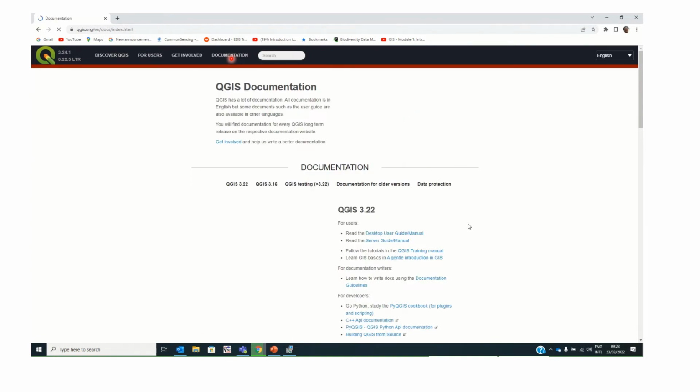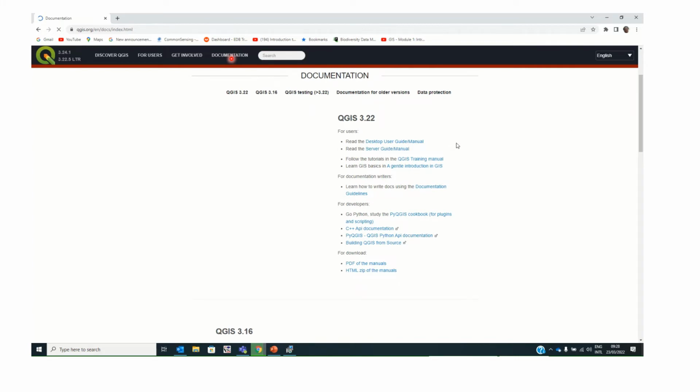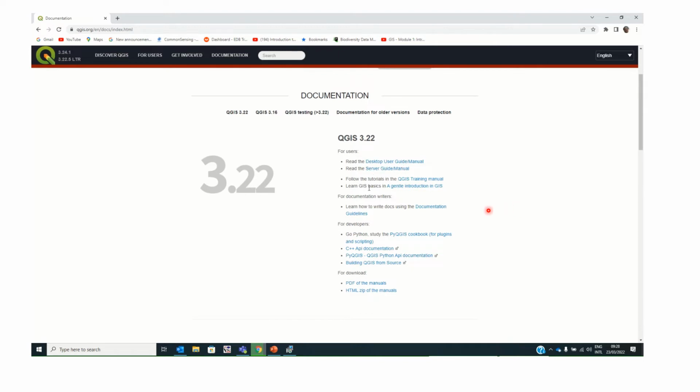It talks about the software, desktop user guide and manual, the server user guide and manual, QGIS training manual, introduction in GIS. So those are some of the materials that are available on the website. We also have